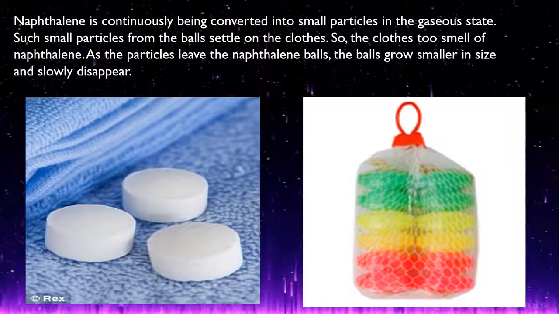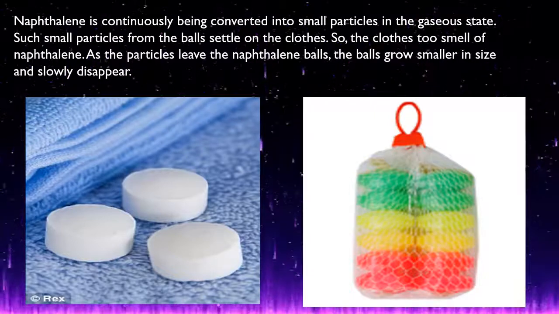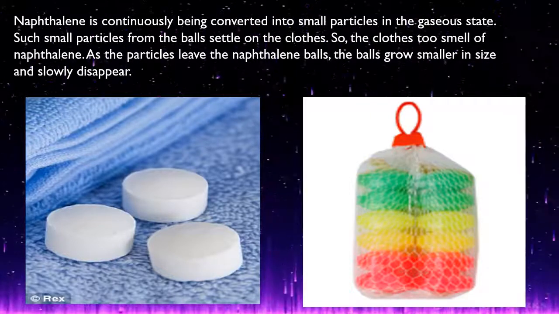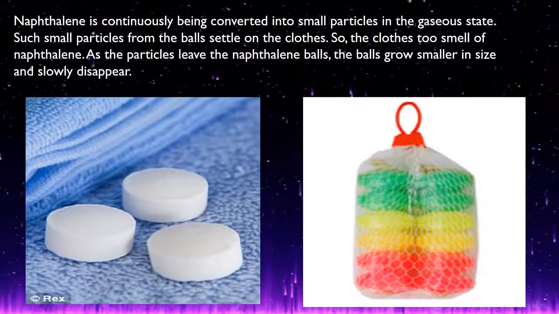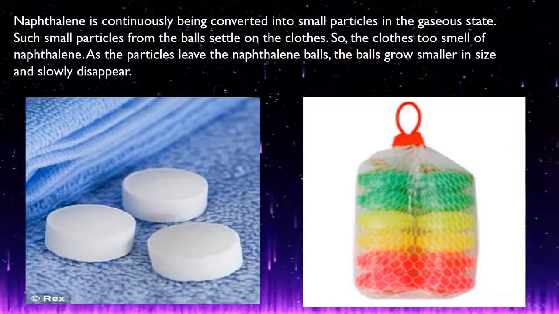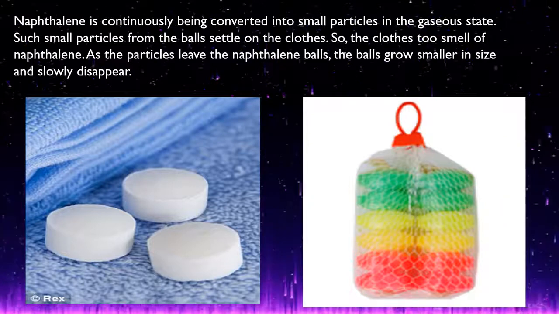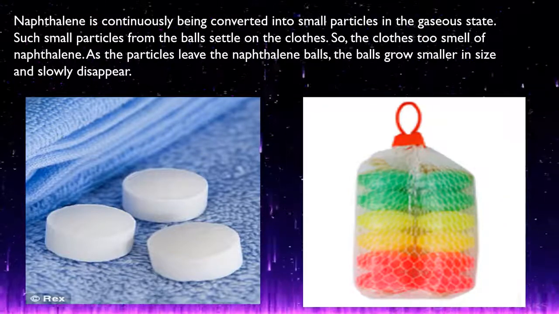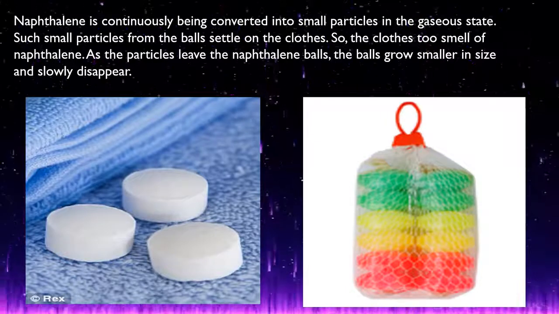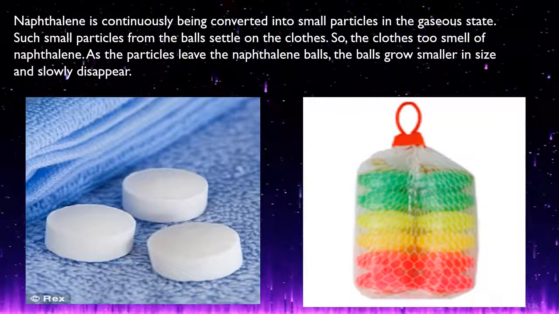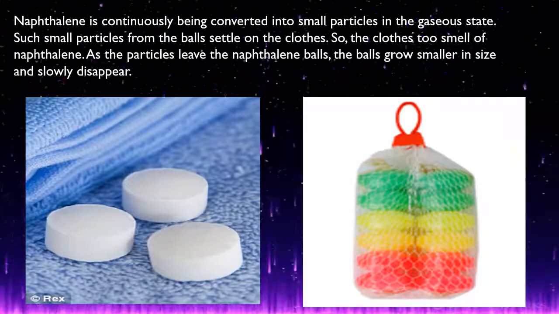ठीक है, ये हवा में evaporate हो जाते हैं and the particles of the naphthalene balls settle in the air. और ये air हमारे कपड़ों पे सेटल होती है और उसकी वजह से हमारे कपड़ों में भी नैफ्थलीन की स्मेल आती है. ठीक है, सो नैफ्थलीन is a very interesting substance around us in our houses that we use. Okay,